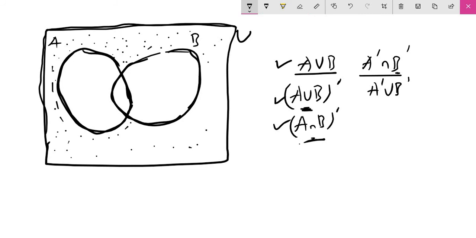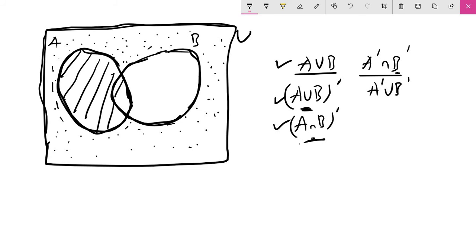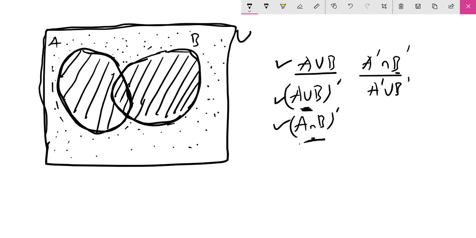Alright. So we can see that everything else other than what we didn't touch, I'm now going to shade that region. So this whole area is A complement intersection B complement. Alright, now you'll notice that this is the same as A union B. And notice